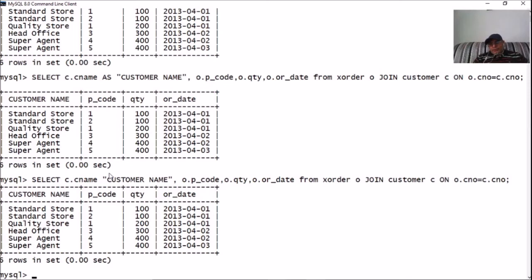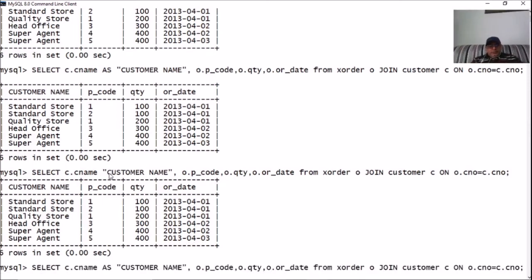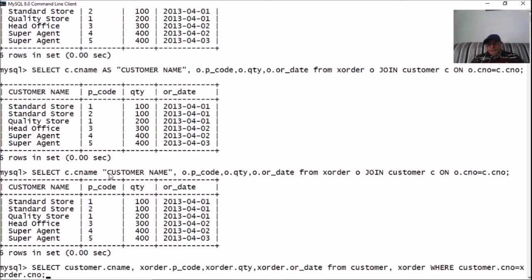One more thing, table aliases could also be used with the where clause. We have executed the join operation using the where clause. Here it is. We can use the table aliases with the where clause as well.